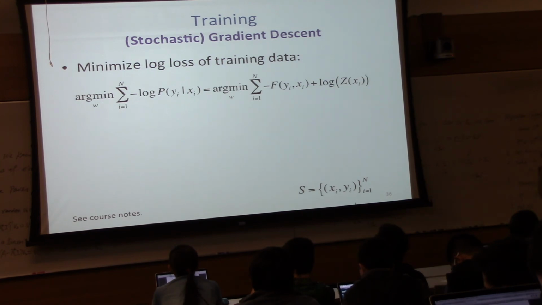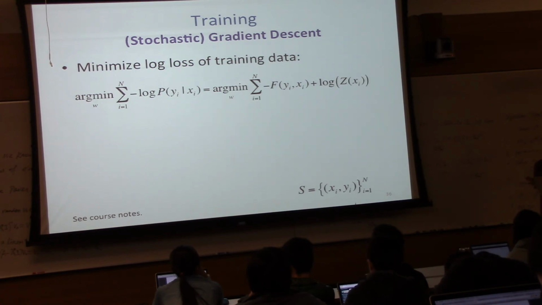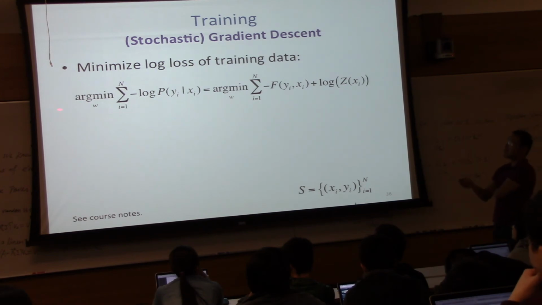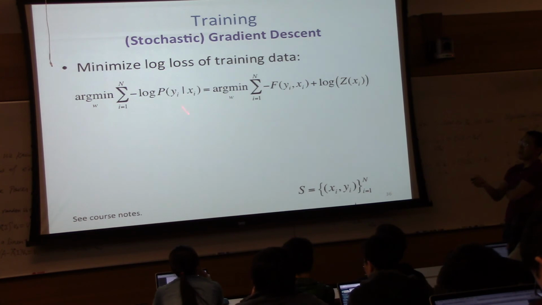Training: conditional random fields, like logistic regression, are typically trained using stochastic gradient descent. In the homework, you're using the same run.txt file as training data as the HMM homework. So there's only one training example, because there's only one input-output sequence. In that case, stochastic gradient descent and gradient descent are exactly the same, so don't worry about which one you're using. You choose the W to minimize the negative log loss defined over sequences x, y in your training set,